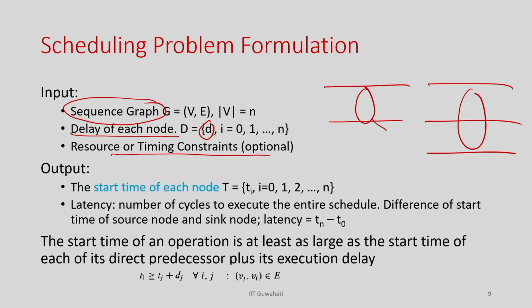And what does scheduling do? It identifies where the operation should start, so the start time Ti of the operation for node vi. For each operation it will say when this operation starts. If it is a single cycle operation, it will complete its execution within the same cycle. If it is multi-cycle, say 2 cycles, it will start here but complete after 2 clocks. So, this is what scheduling does. Given the data dependency graph of a basic block and the delay information, it says when each operation will start. This is the task of scheduling.